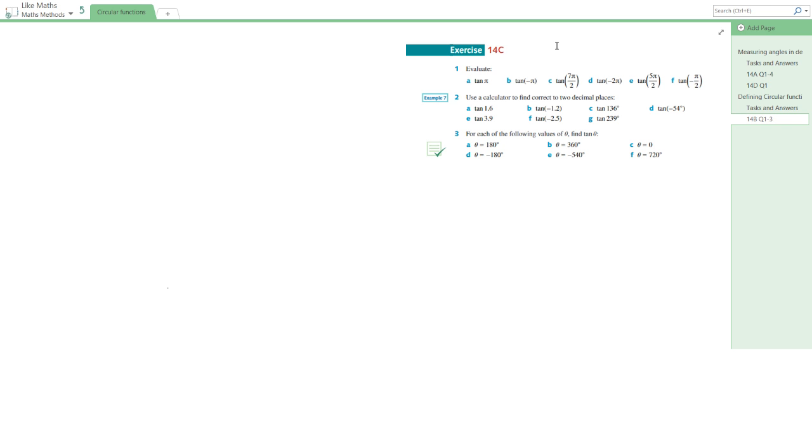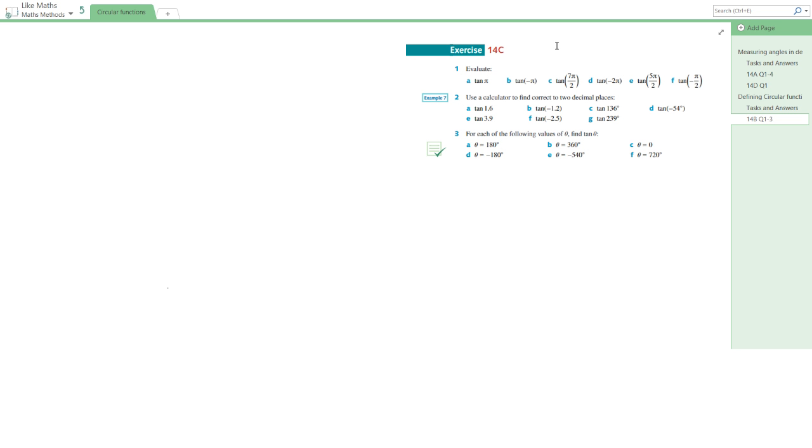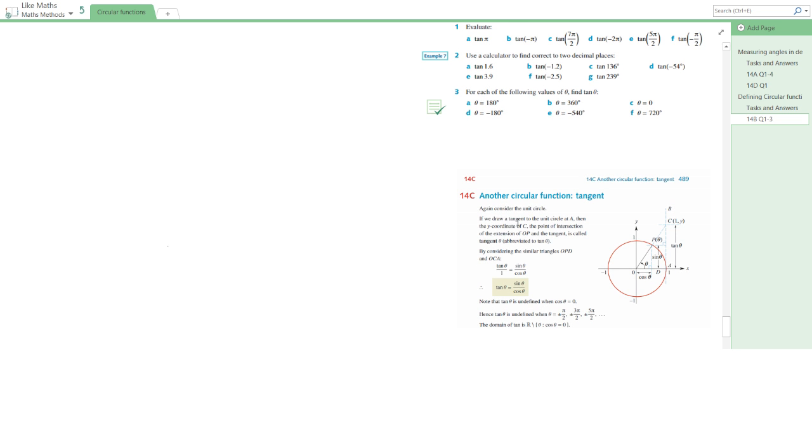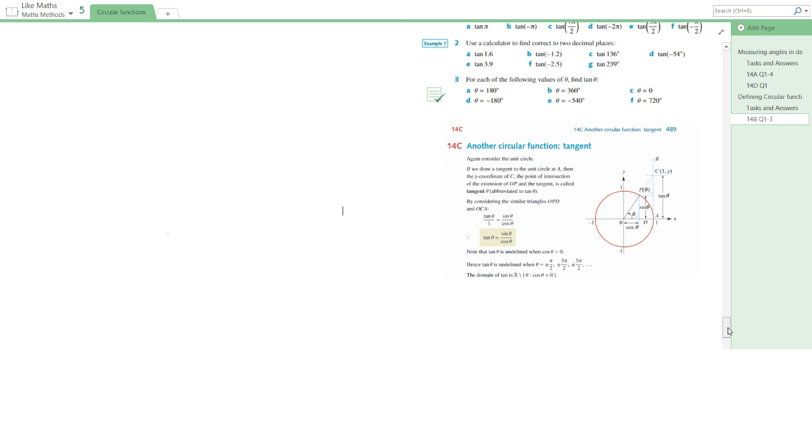Now, just a quick recap from the book. Paste in here. When you're dealing with tangent or tan, the relationship with sine and cos is that tan of the angle is sine of the angle over cos of the angle. That's the formula there. So you can work out what sine and cosine is, and then work out what the tangent is. So in this first example, our aim is to evaluate